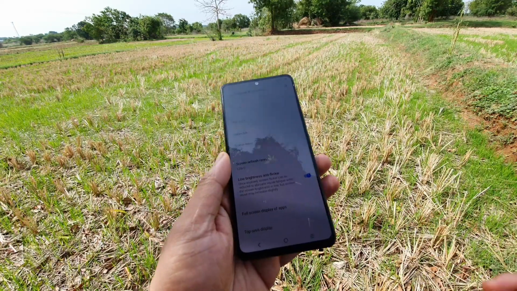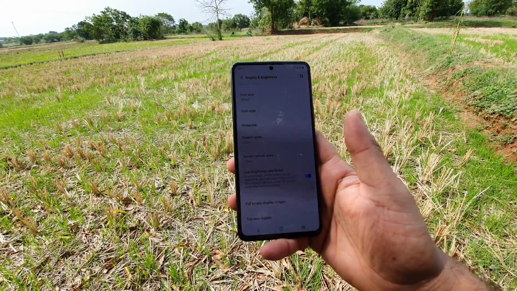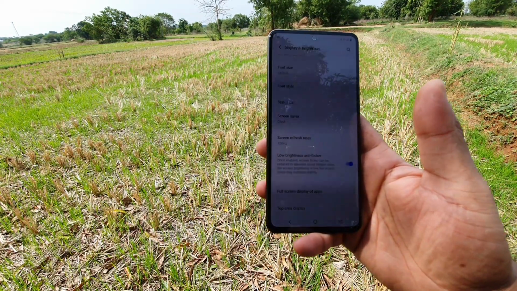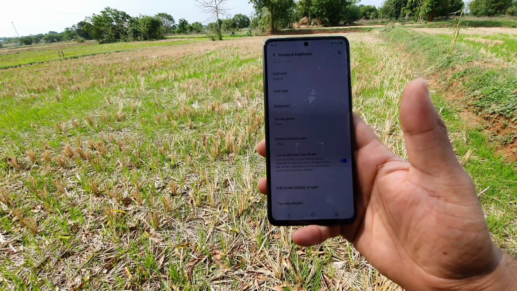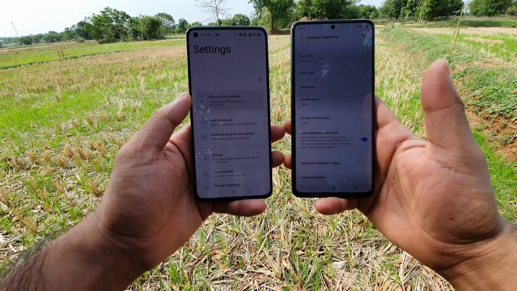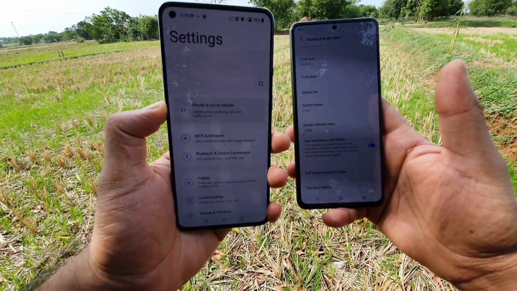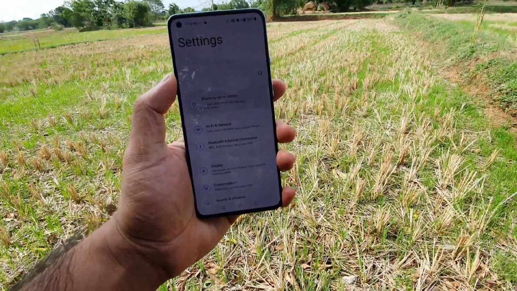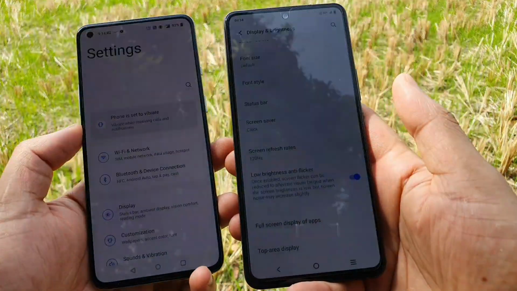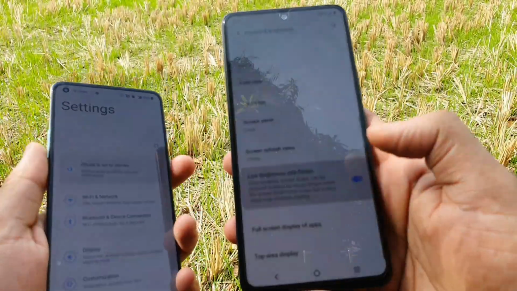You can clearly see friends, and I'll try to compare with the OnePlus 9R as well. Even with the OnePlus 9R you did not see any kind of problem. Let me try to grab the OnePlus 9R. As you can see friends, with full brightness, no issues with the OnePlus 9R as well. As you can see, it is found only in the iQOO 7 device right now. Make sure to comment below friends in case you are facing this kind of problem or not.